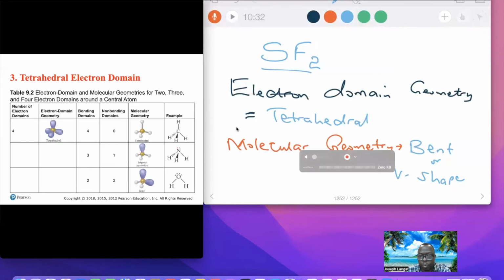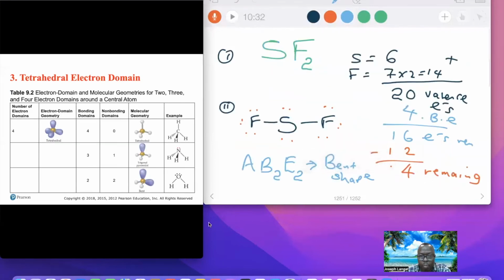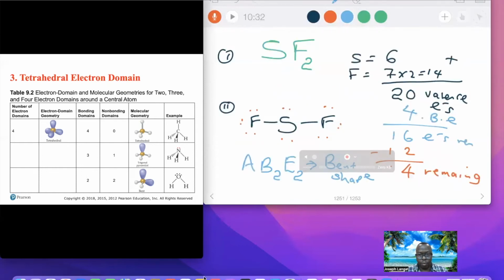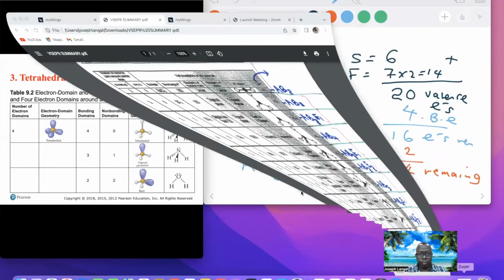Tetrahedral for AX, it was AX2. You see, two bonding pairs and then two lone pairs, it's AX2E2, and electron domain geometry is tetrahedral. You see, tetrahedral electron domain geometry. That's what I have here. Sorry about that. Electron domain geometry is tetrahedral, but AX2E2 is bent shape. How I end up with that is because of this general formula I'm getting from my handout here,